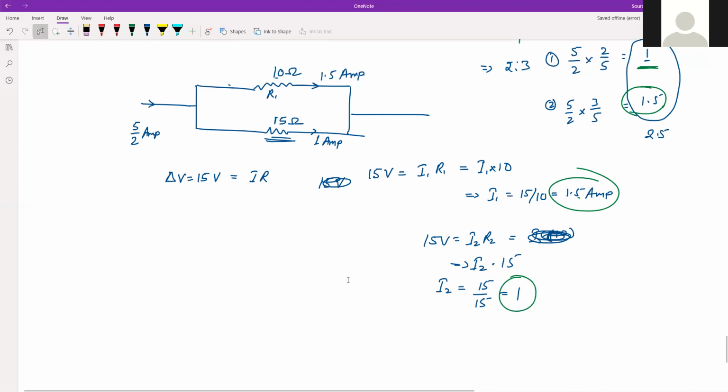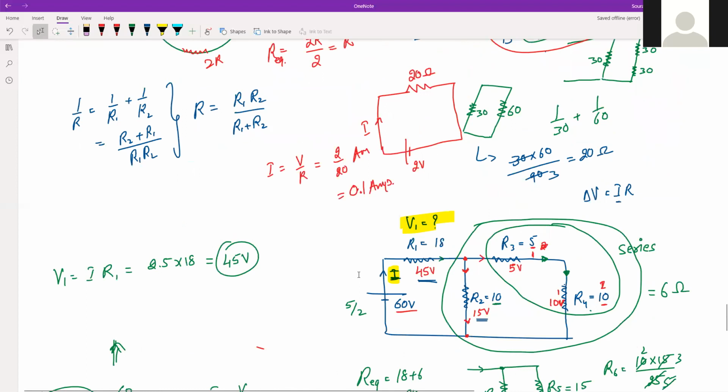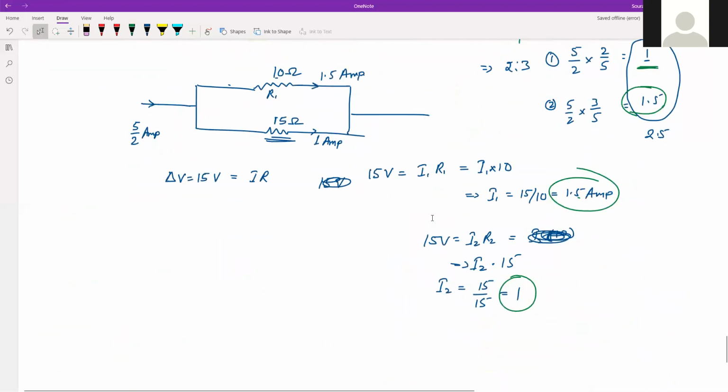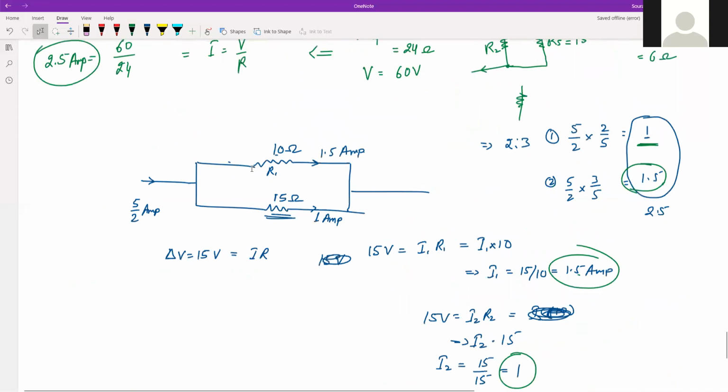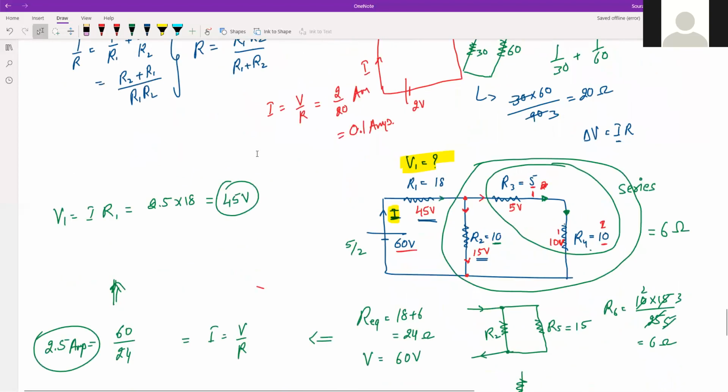So in these simple circuits, by the method of equivalent resistors, we have seen how we can find individual currents, individual potential drops, total potential drop, and all these things. Okay, so that's all about this portion of current electricity. Later we'll see other topics as well, and before that